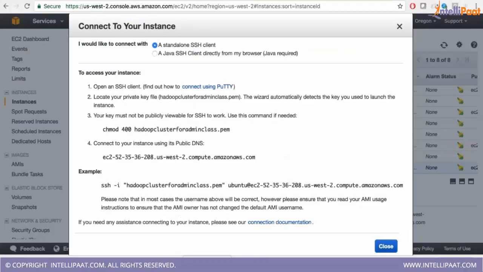But these machines are running Ubuntu only because I have selected Ubuntu. Right, but when you say machines, you mean the virtual machine on the Amazon EC2 platform, right? Yeah, but those machines, the virtual machines, I have selected to run as Ubuntu. So the operating system inside this is Ubuntu.